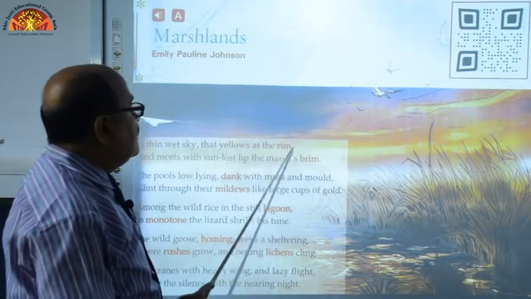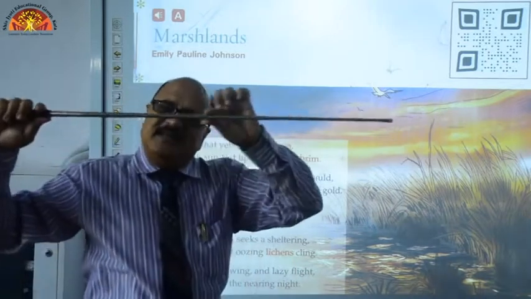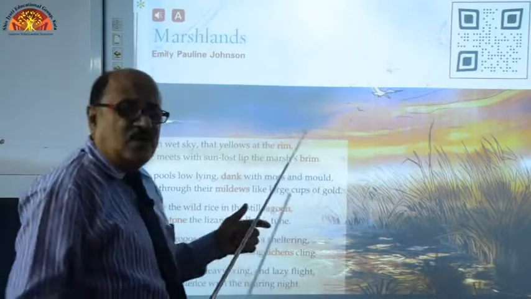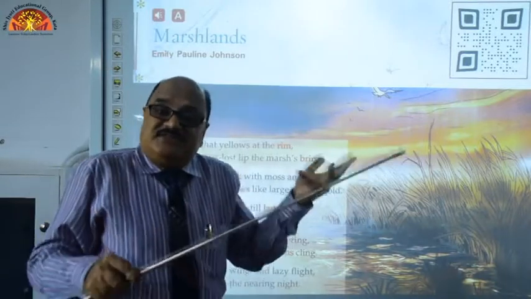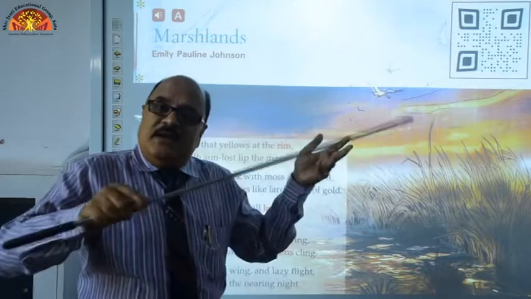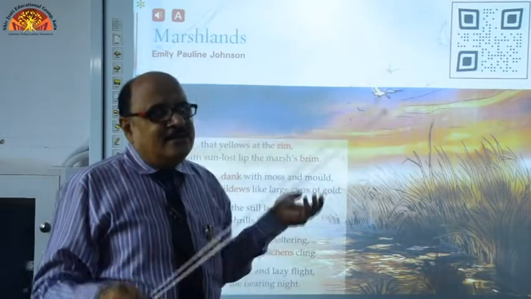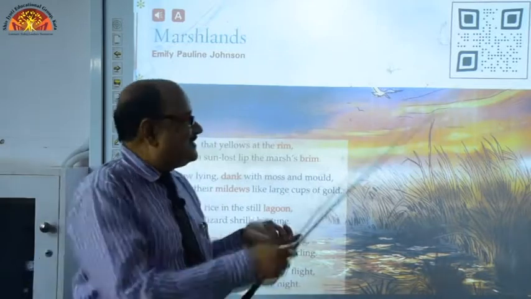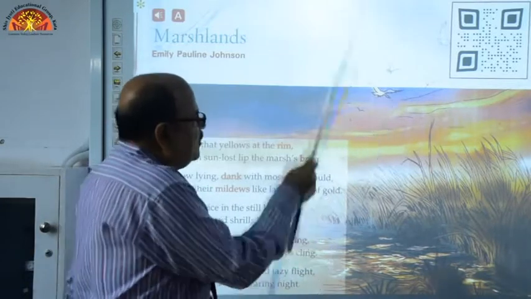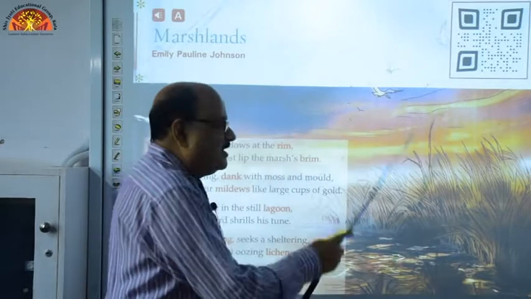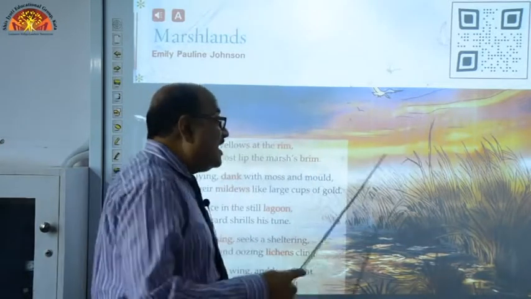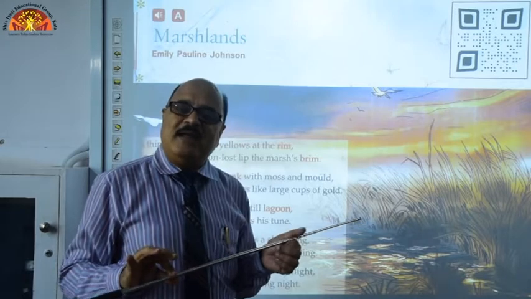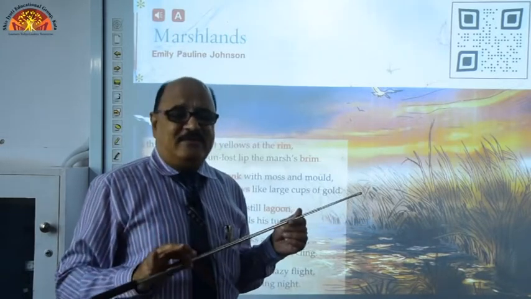This at the rim means this thin line known as horizon, and it is yellow because the sun has just set. Recently the sun has set and twilight is there, golden red and yellow light is there in the sky, and with the impact of this light, the mother earth also looks like, this marshland also looks like yellow, right, and golden red, golden yellow,